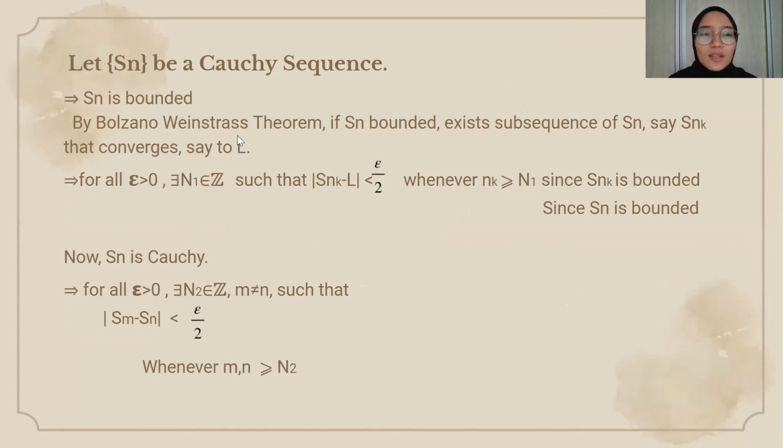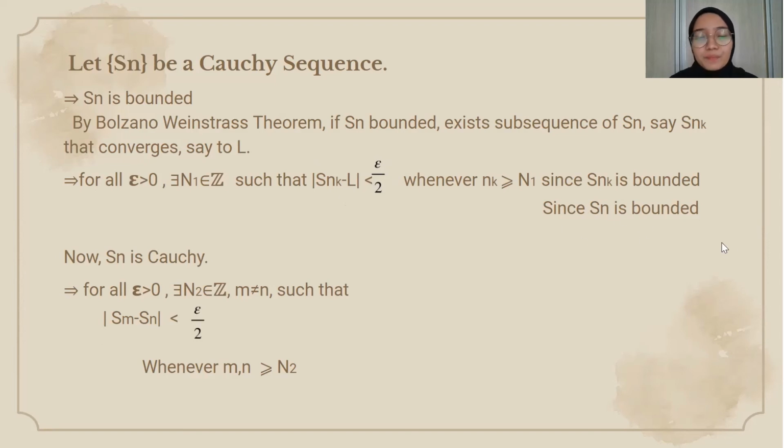So by the Bolzano-Weierstrass theorem, if Sn is bounded, there exists a subsequence, say Snk, that converges to L. So for all epsilon greater than 0, we have N1 in the integers such that |Snk - L| is less than epsilon over 2 whenever nk is greater or equal to N1,